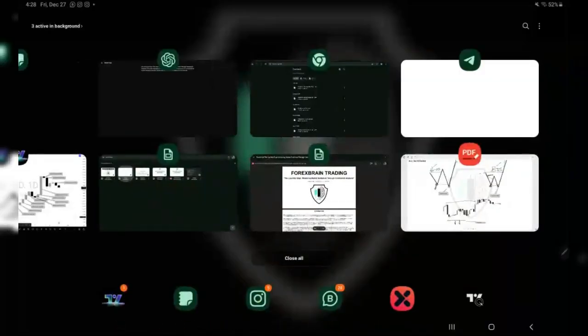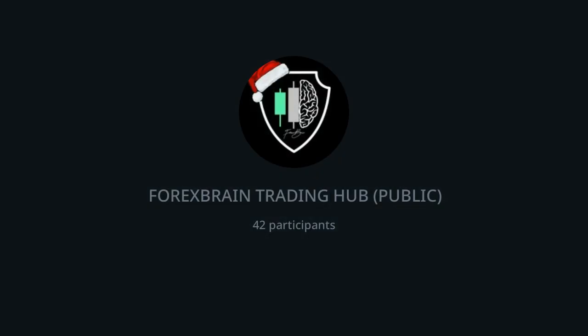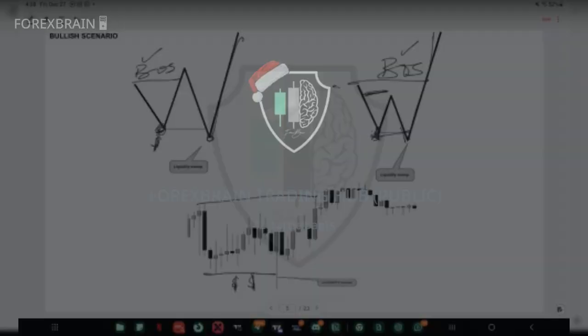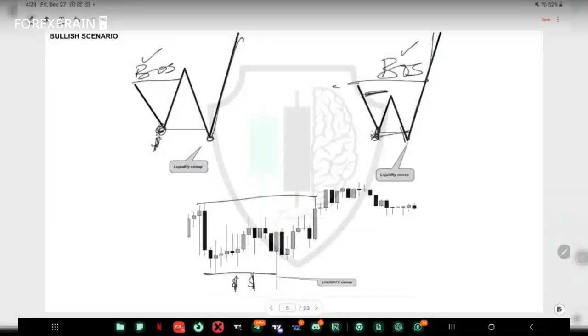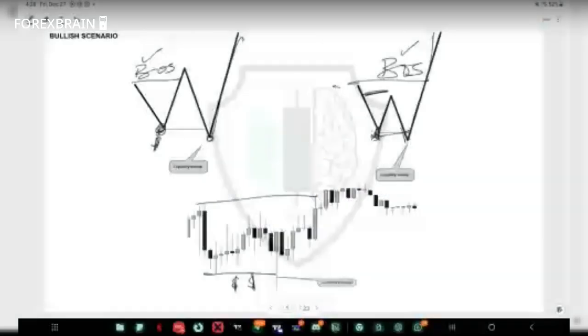Okay, so this is for the bullish scenario as I've explained. Do you understand? So this is one of the first things that you really need to see on the chart. You would even be surprised at what you'll be getting today. Very, very fun. You might be thinking it is a free class, but the value you'll be getting would be beyond what you are actually expecting. So that's that.